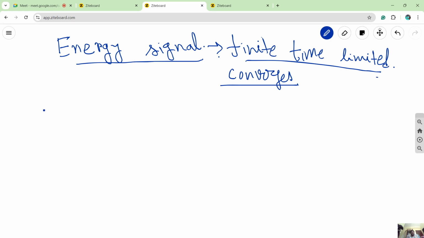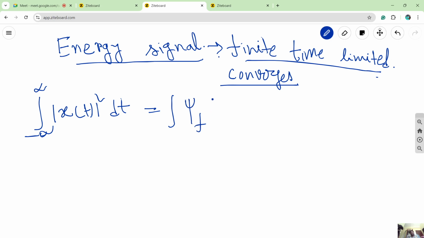So what is energy spectral density? If you have a signal x(t) squared, if you calculate the energy of a signal from minus infinity to infinity, it will be equal to the integral of psi of f df from minus infinity to infinity, where psi of f is the